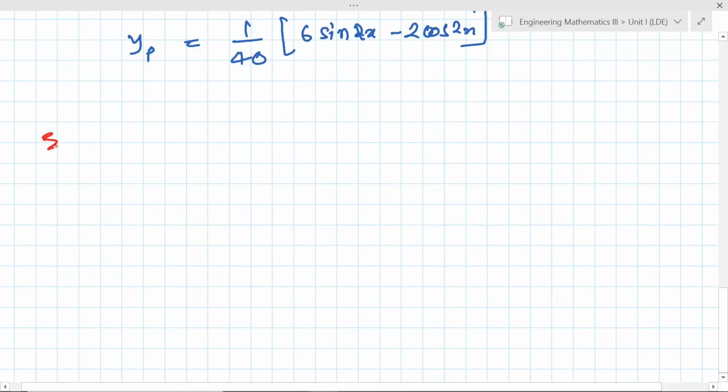So next example: find the particular integral for D square plus 1 into y equal to sine of x. So this is the example. Now see, yp is equal to,